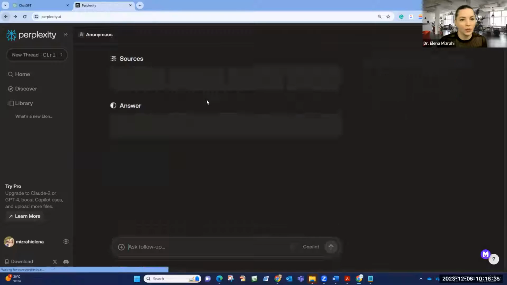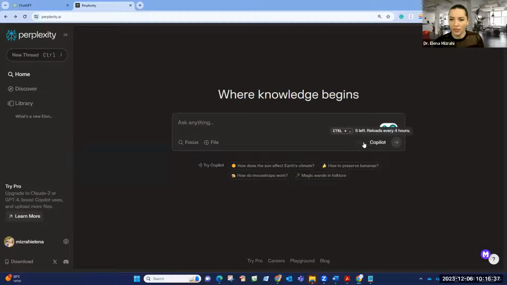Okay, I want to go back because I wanted to actually activate Copilot. Activation of Copilot is crucial. So for those of you who tried Perplexity and didn't see the advantages of any special features, I want to show you a few things so that you try this again, and maybe you will fall in love with this tool. So first of all, have your Copilot always on.